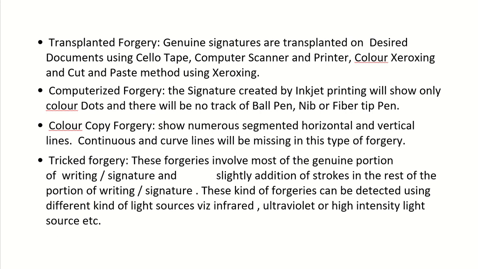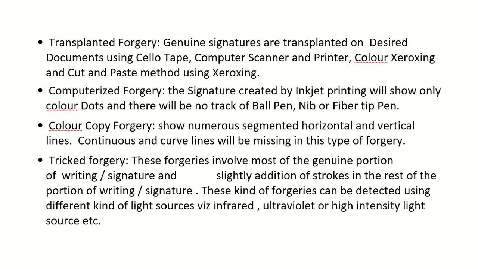Transplanted forgery, in which genuine signatures are transplanted on desired documents using sellotape, computer scanner, printer, color xeroxing, etc. Computerized forgery, for example, the signature created by inkjet printing will only show color dots and there will be no track for ball pen nib or fiber tip pen